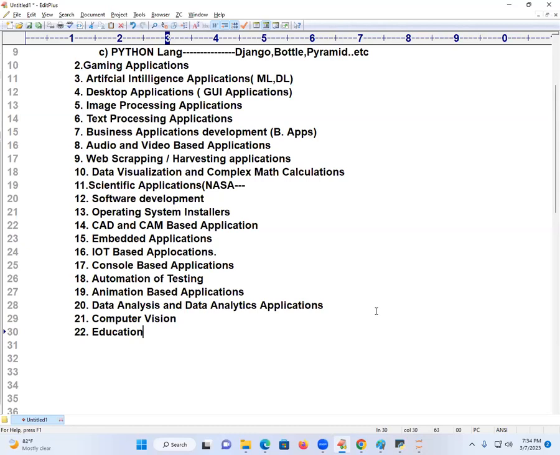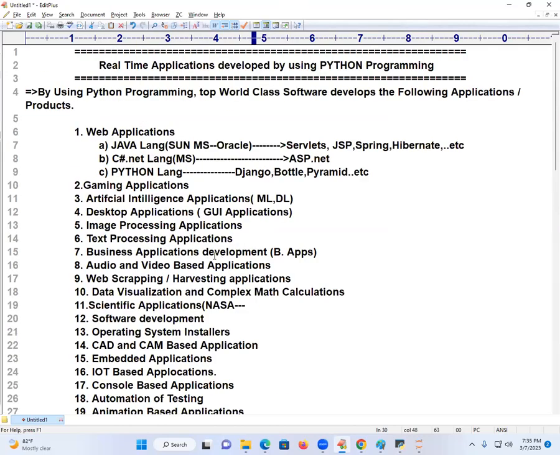Now you are learning Python after BTech. They are learning Python in 8th class only. Be careful. They are becoming software engineers in 8th class only. So are we sharp enough from now onwards or not? So in education programs also, this Python language is going to come. If I go on writing, there will be so many applications.